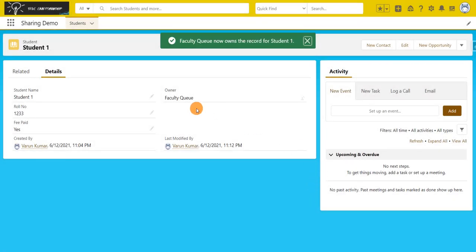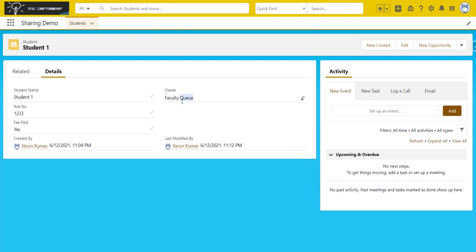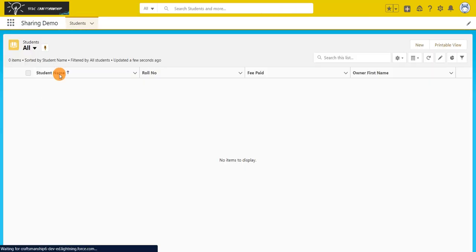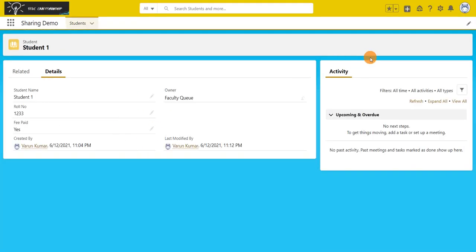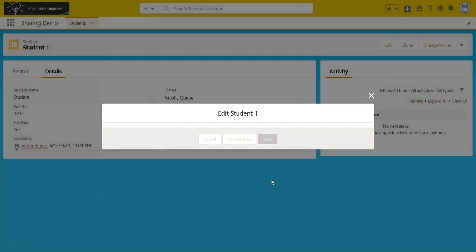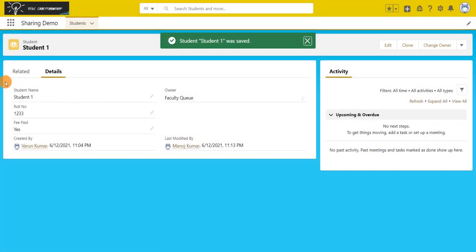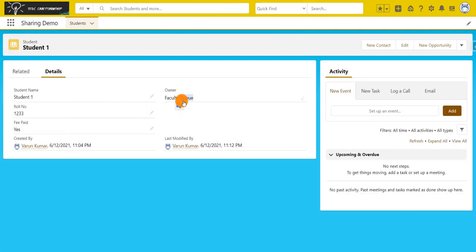Once I changed the owner to faculty queue, Manoj is also a queue member. That's the reason Manoj can also access this record now, and he can also edit it because Manoj is part of the owner queue. So this is the use of a queue.